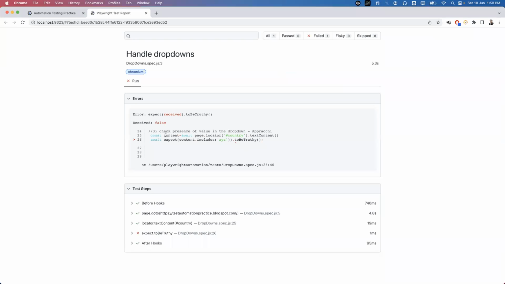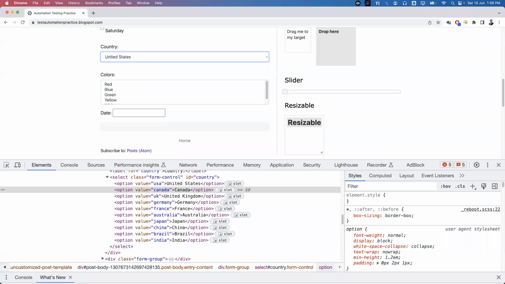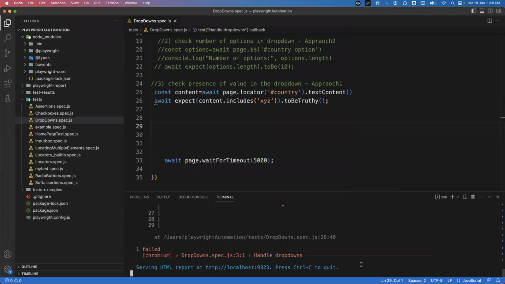Perfect. Now it has failed. You can see here, whatever we received is not matching with what we expect. We are expecting false. It actually received false, but we are expecting it to be truthy. So here it has failed. Okay, so this is how we can also check the presence of the option or the presence of the element inside